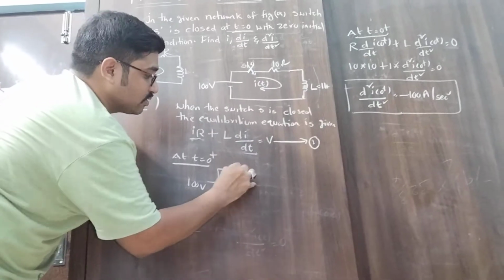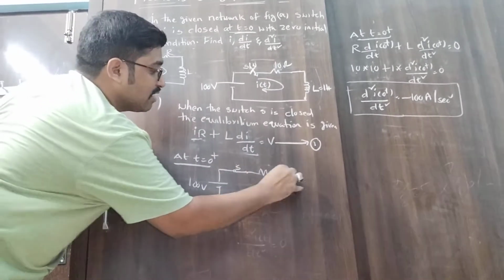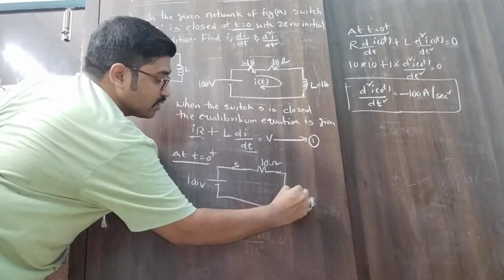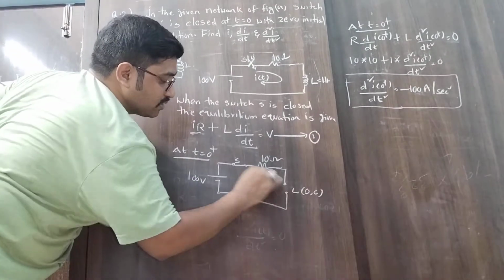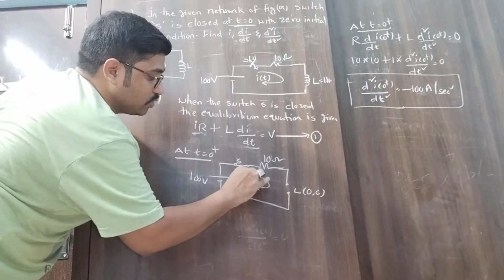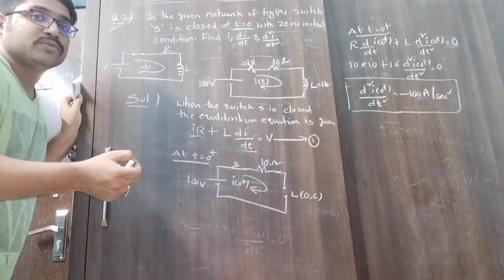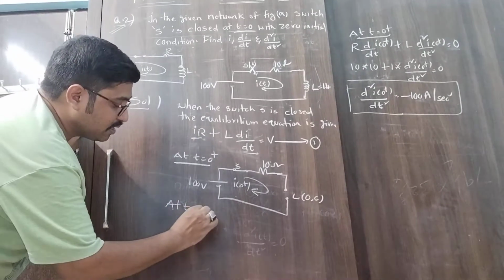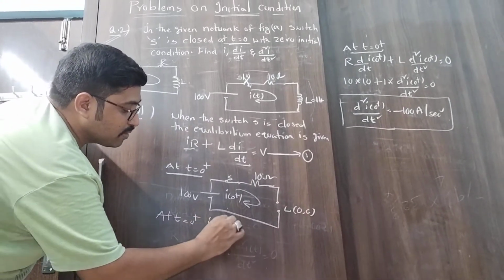So when the switch S is closed, we have the 10 ohm resistor, but the inductor L will act as an open circuit. So this is I of 0 plus. When the switch S is closed at t is equal to 0 plus, I of 0 plus is equal to